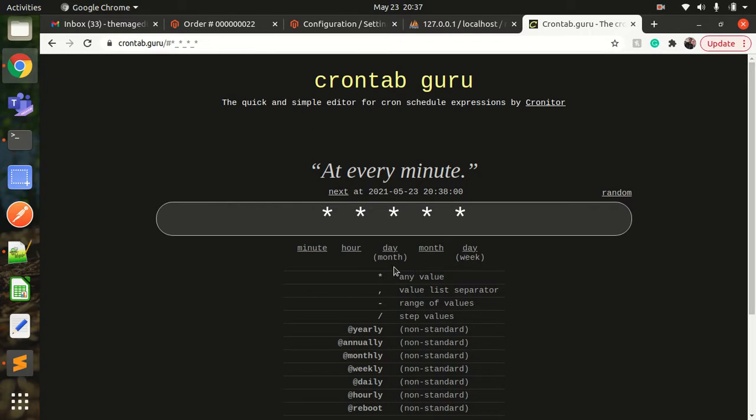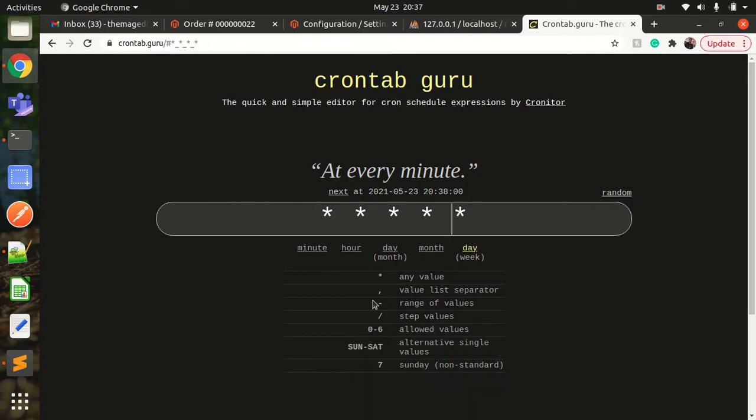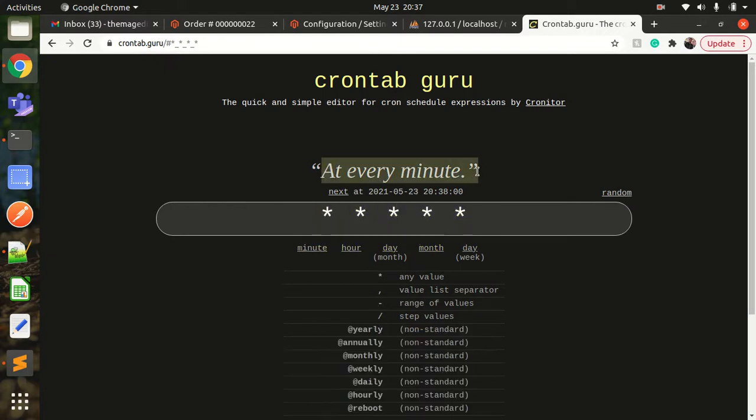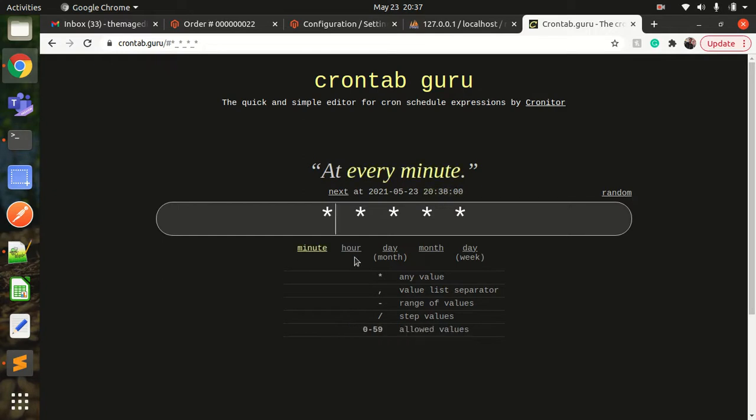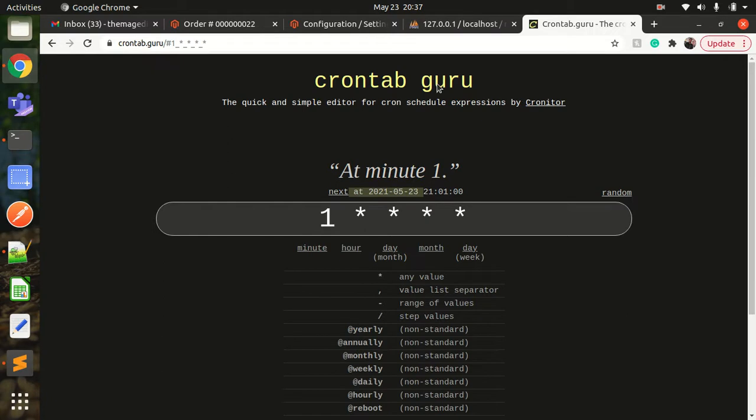So what happens if I go here? Currently if this is star, that means at every minute. The time is now 20:37, so the next task will be at 20:38 because it's every minute. If I edit here to 1, it gives minute 1, which means 1 minute past every hour, so the next task will be at 21:01.